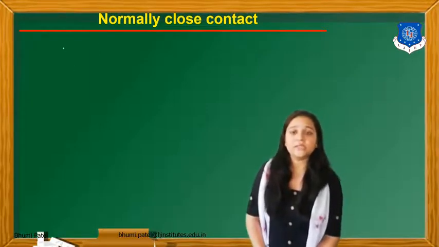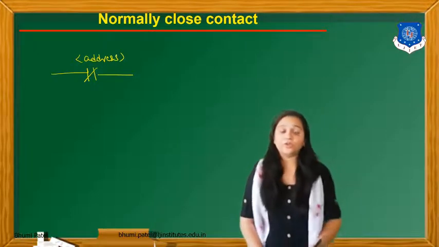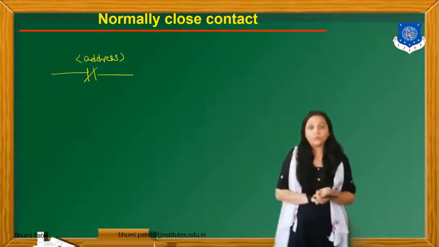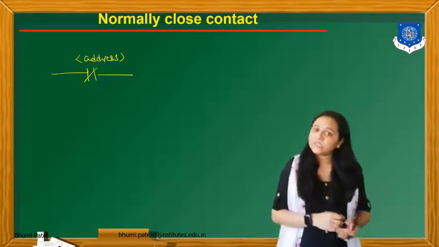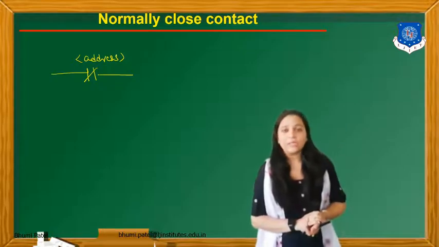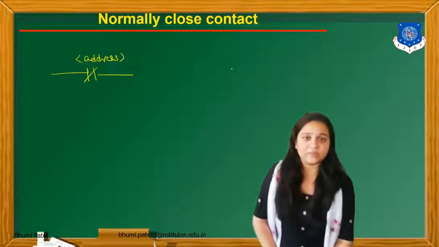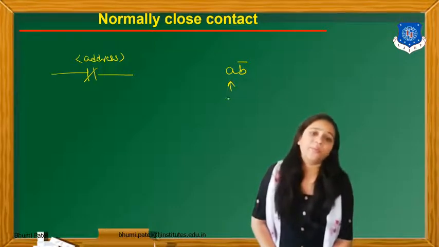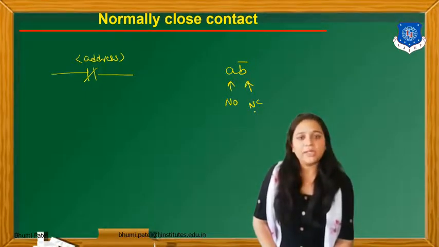The next one is the normally closed contact. In this instruction we can draw the normally closed contact in the ladder logic diagram. Now what is the application of the normally closed contact? If we already know that this type of switch or input is off for this particular system, we can put in the normally closed contact. As you know, if our equation is A into B1, we can put A input as a normally open contact and we can put B input as a normally closed contact.